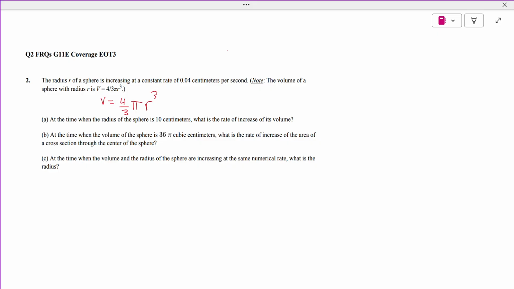Now, what's happening here? We have a sphere, and that sphere has a radius, let's call it R. Because the radius is increasing, that means there is a change, dr over dt, which is given, 0.04. Now, because the radius is increasing, the volume will increase, so we have dv over dt. This is what we need to find in the first part. So, to do part A,